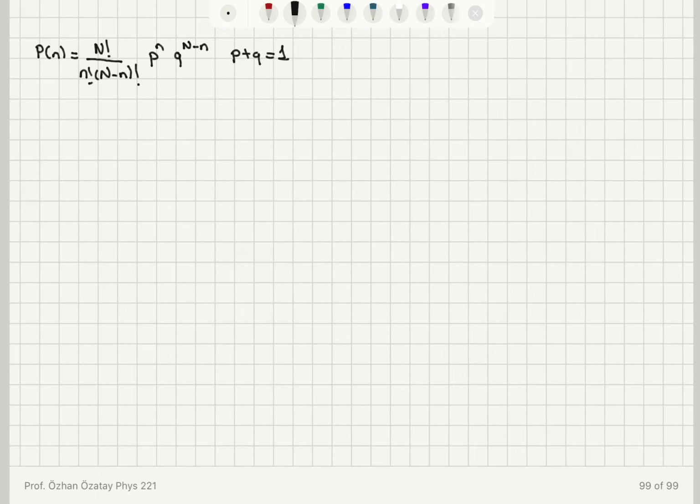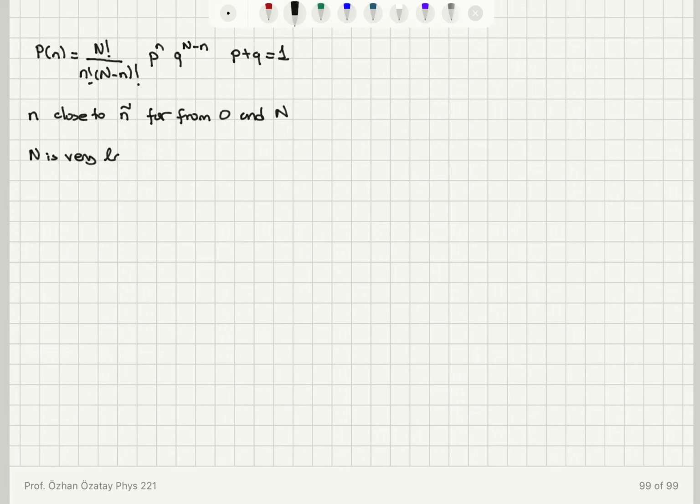And in the limit where we have n close to its most probable value n tilde, which is far from 0 and capital N, and capital N is very large,